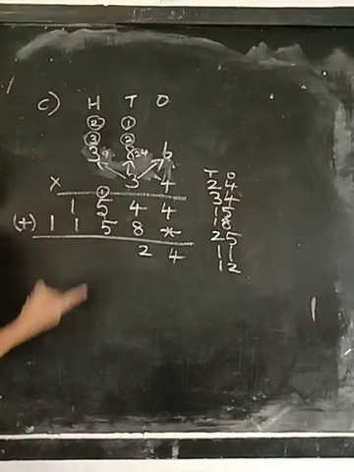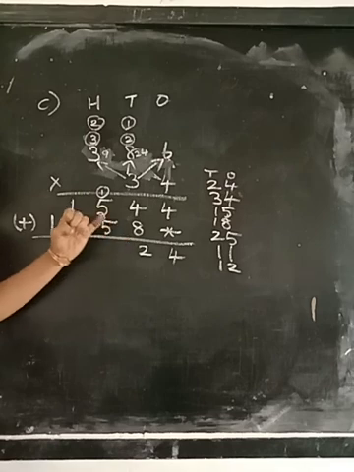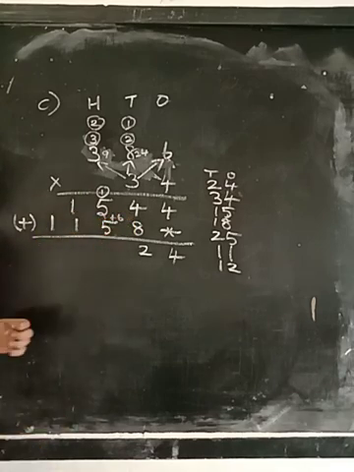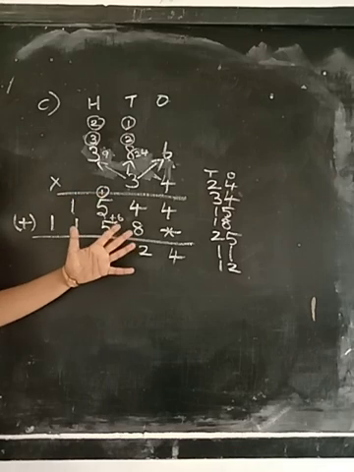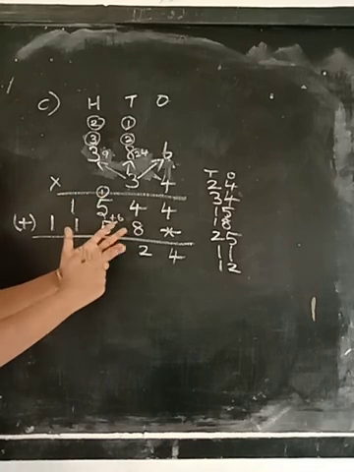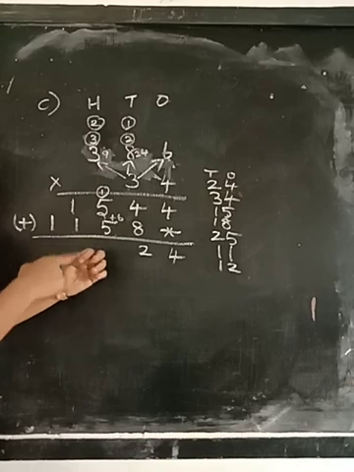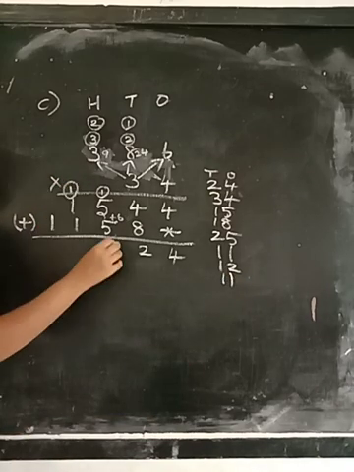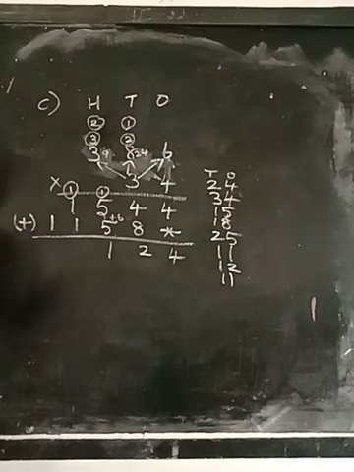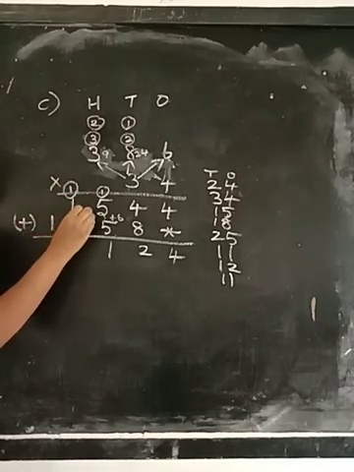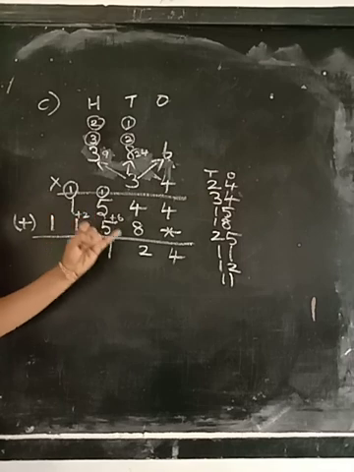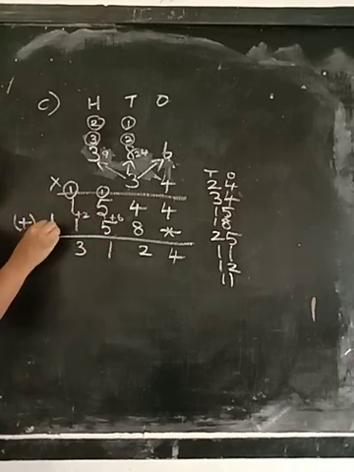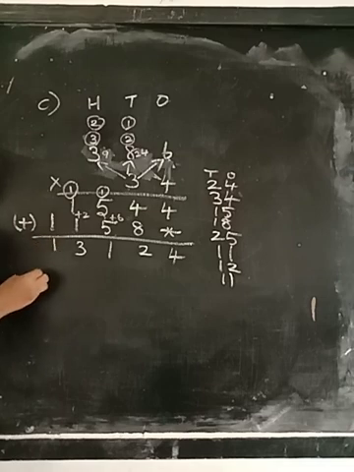5 plus 1. 5 in the mind, 1 in the finger. 5 after 6, plus 6. 6 in the mind, 5 in the fingers. 6 after 7, 8, 9, 10, 11. Okay, so the ones place number goes in the answer's place and 1 in the carryover. 1 plus 1, 2. 2 in the mind, 1 in the finger, 2 after 3. Here we are having only 1. So you write that number 1 as it is.